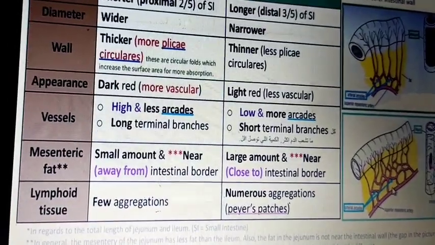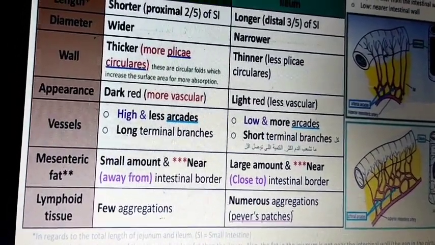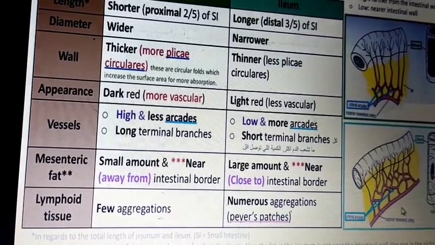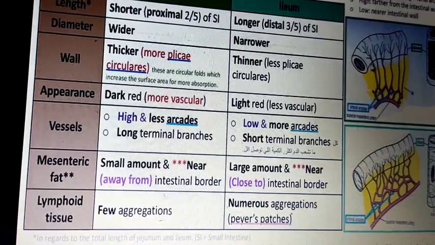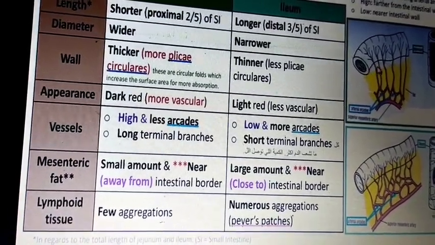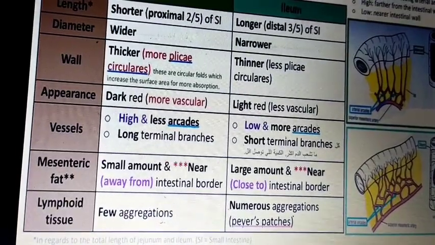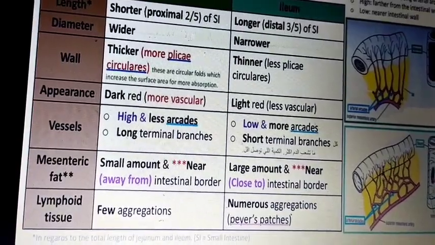Okay, and color: the jejunum looks which color? Dark red, and this looks pink. Fat distribution: towards the jejunum, near the intestinal border, there are more windows, and here fewer windows, or more fat towards the what?